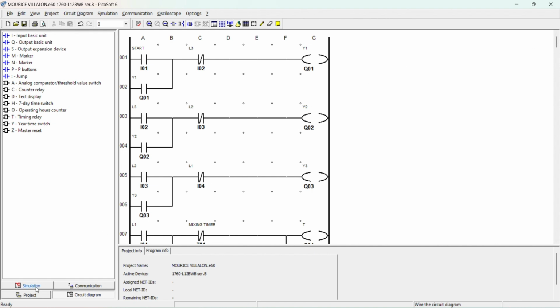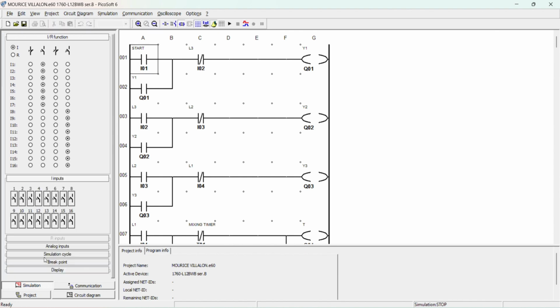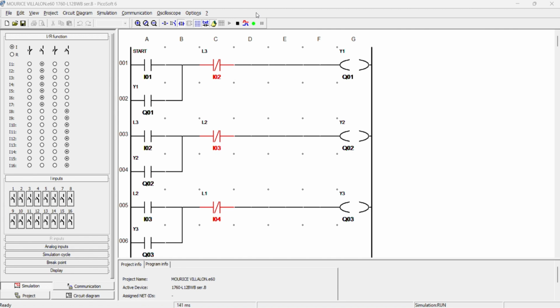And let's try to simulate. Here I put these inputs 1 to 5. They are all normally open. So when we try to start, let's push the button 1, the input, to start. When we simulate this variety of liquids mixing automatic blending machine, it will be viewed like this in the PLC program. So input 1 is start.